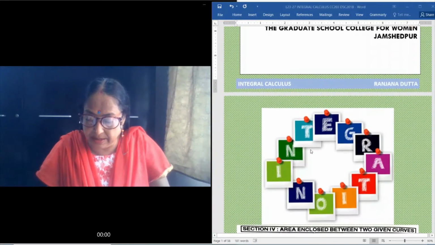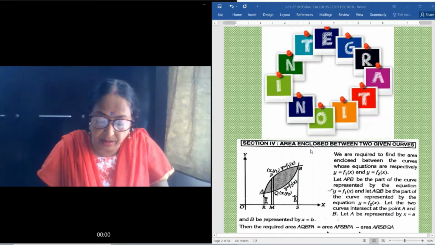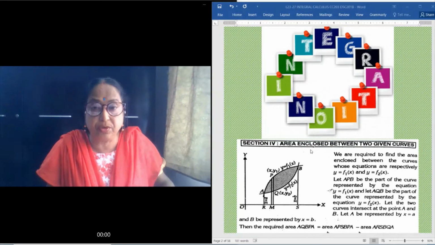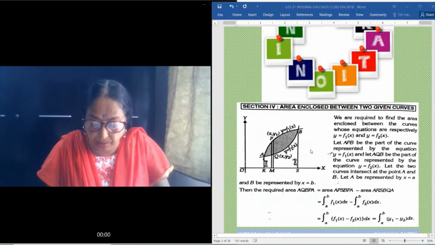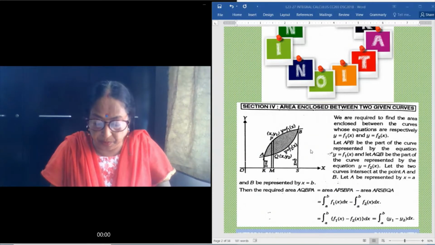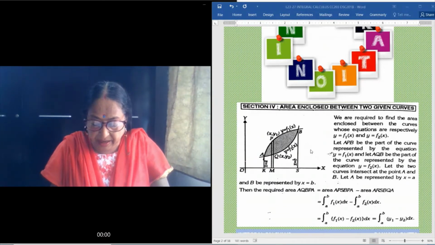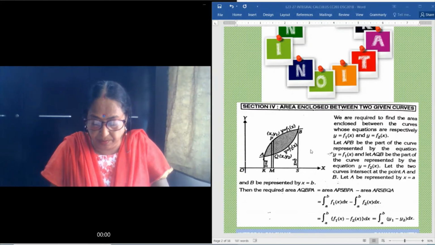Today we will discuss the area enclosed between two given curves. Suppose the function of the first curve is y1 = f1(x) and the function of the second curve is y2 = f2(x). Then the area enclosed between them can be written as the integral from a to b of f1(x) dx minus the integral from a to b of f2(x) dx,